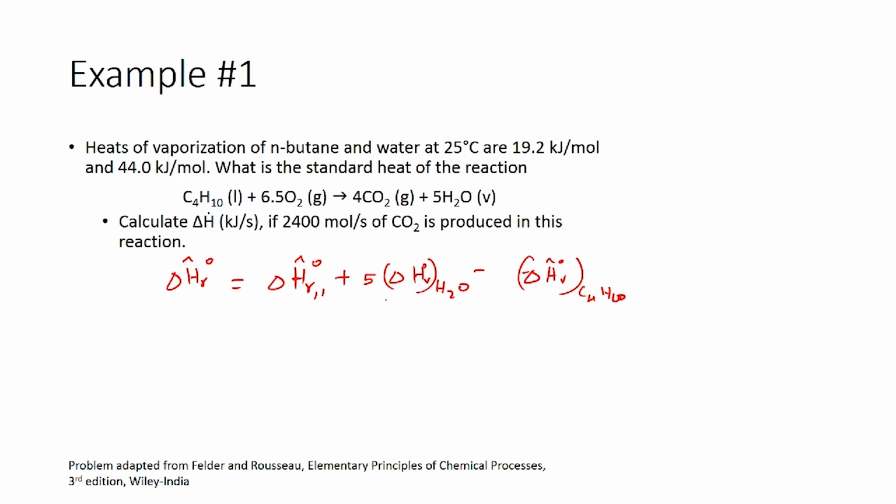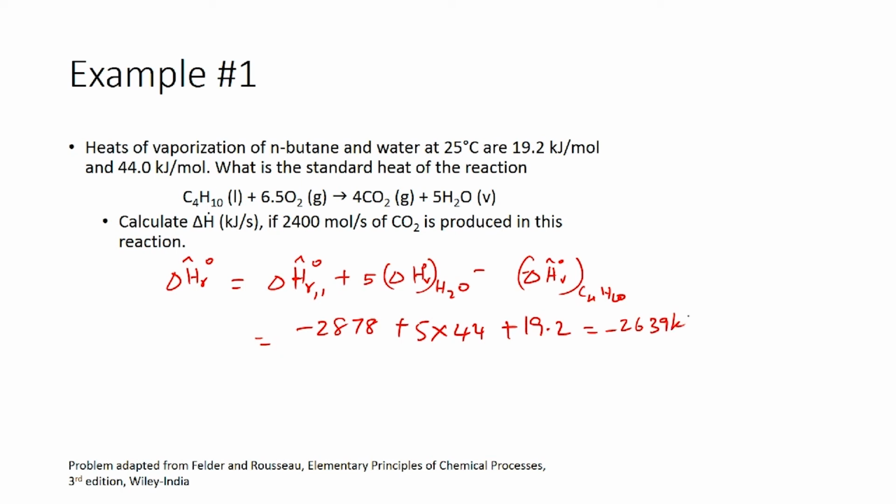So, liquid goes to vapor. So, you have this term, 5 moles being vaporized. So, you need to add the heat of vaporization to the product side, which means it is added to the heat of reaction. And you have condensation of butane gas to liquid. So, the negative of the heat of vaporization, which is the heat of condensation, needs to be added to the reactant side, which means it needs to be subtracted from the heat of reaction. So, giving you this equation. So, your new heat of reaction would actually be minus 2878 plus 5 times 44 plus 19.2, giving you a value of roughly minus